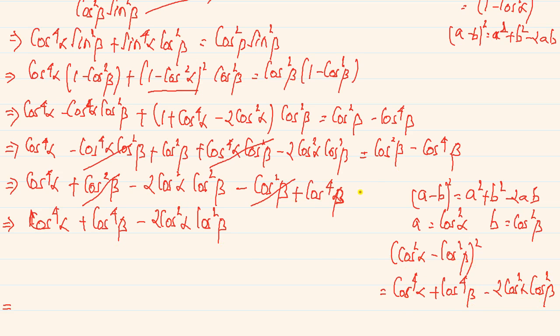So this is already 0. Since everything on that side is gone, it will become 0. So this is also 0. Okay, so it will be cos square alpha minus cos square beta the whole square equal to 0. Okay, so what we'll do now is